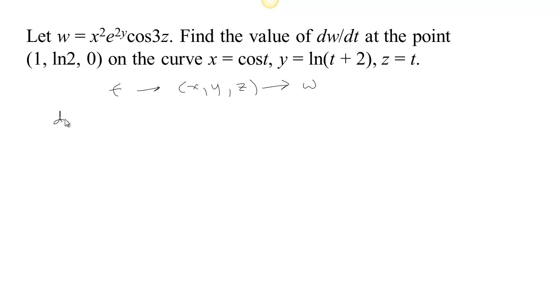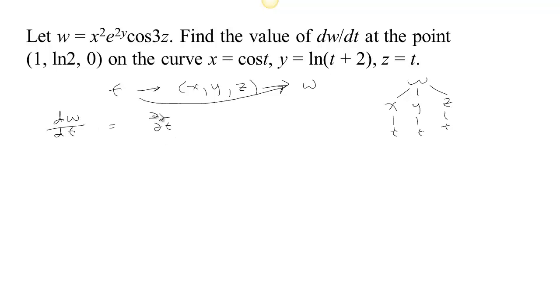So we could ask about how does w change with t, right? Because if we think about the entire composition here, then we have t as the input and w as the output. Well, look at the tree diagram then. W depends on x, y, and z, and each of these depends on t. So if we think about how does w change when we change t, well,